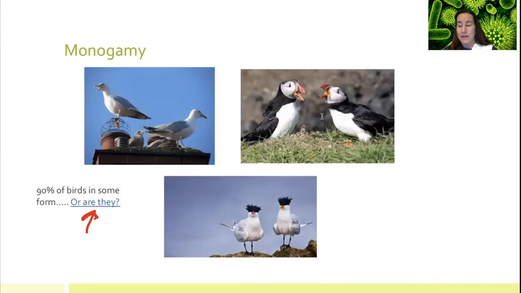So some of these guys, even if they are hanging out with a partner, that partner may not have fertilized every single egg in that clutch, because maybe the female went off and met up with another male and he fertilized a couple of the eggs in that nest. Maybe that male that's raising the babies had snuck off to another nest and fertilized those eggs. So they may be monogamous in the rearing of the baby birds, but they may not have actually been monogamous in creating the offspring. But in general, birds are on the spectrum of monogamy.